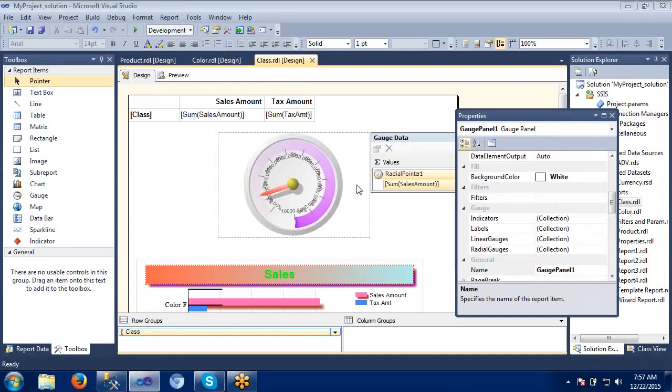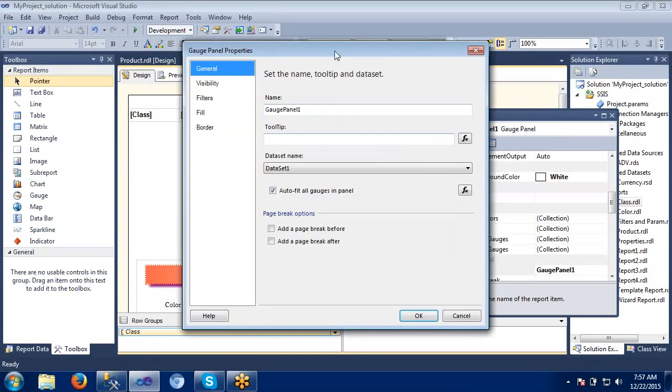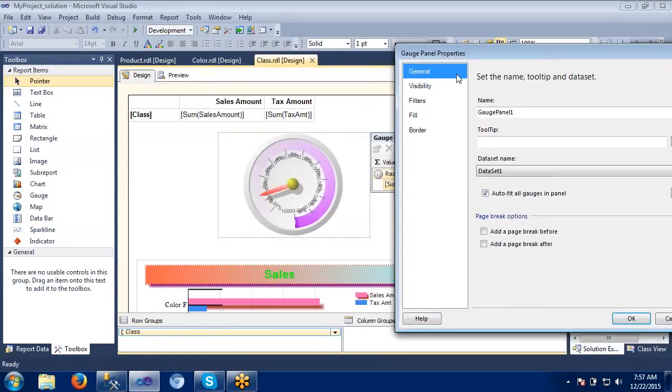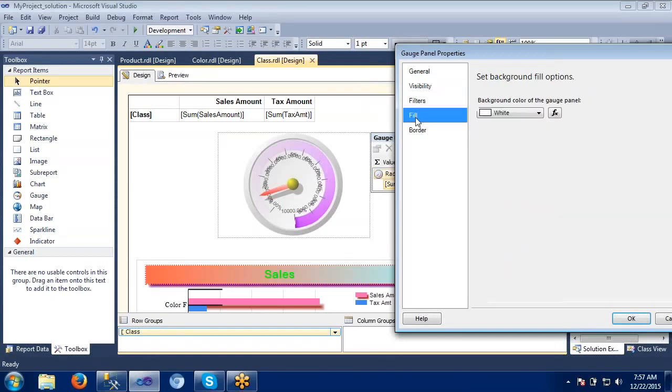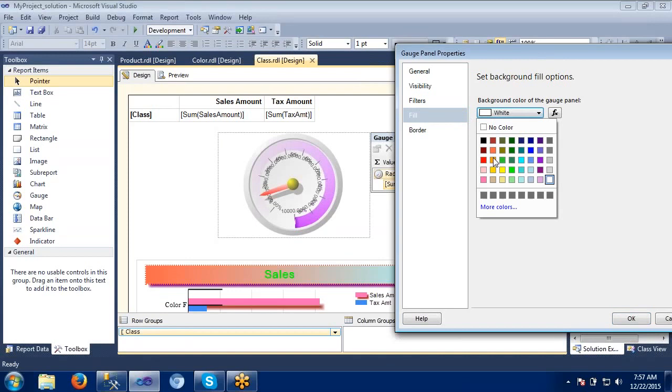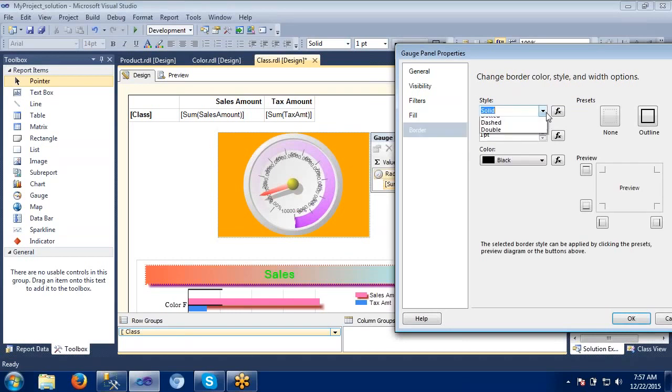And coming to the panel options, gauge panel properties, we have visibility. If you want to show this or not, they're the same options which we have discussed many times earlier. Filters, if you want to filter anything. Fill, if you want to fill a color like this. I mean, it's in a panel, right? That's why it is giving some background color here. And if you want to make some border colors dotted or something, we can use this one. See, this is a dotted border. I'll increase it, then you can understand.